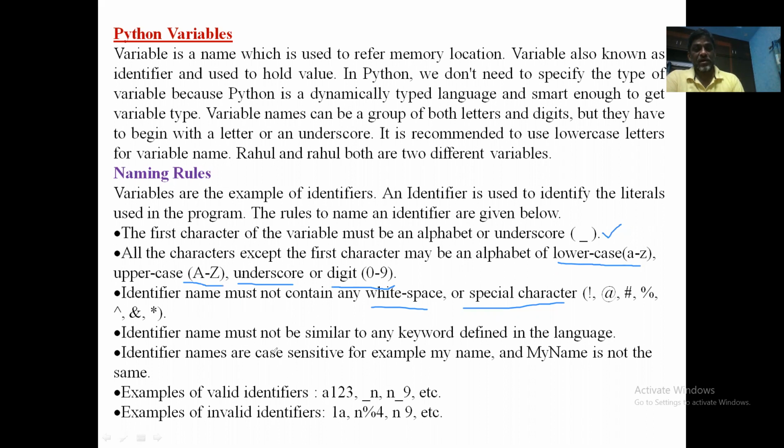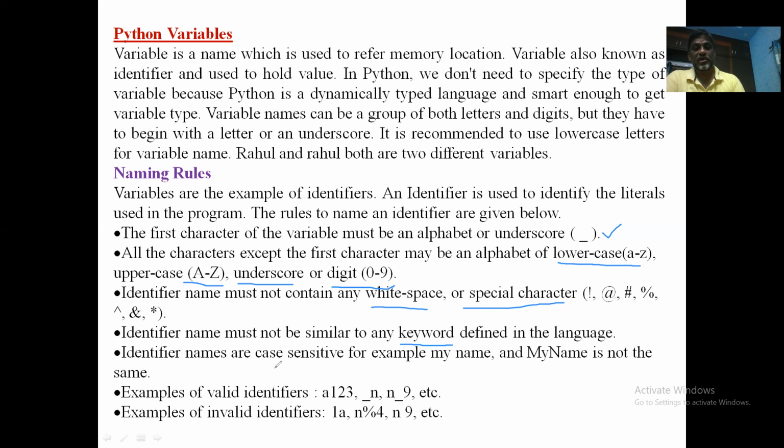Okay. And you cannot use an identifier name which is the same as a keyword. We'll have a look at the list of keywords in Python later. It is not possible to list out all the keywords used in Python at one place because the list is big. So as we proceed with learning Python, I will explain the keywords one by one. The rule here is that a valid Python keyword should not be used as a variable name.